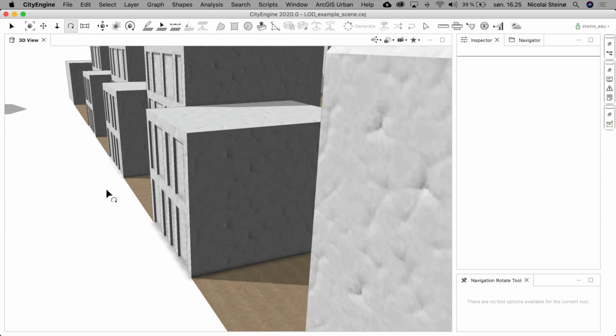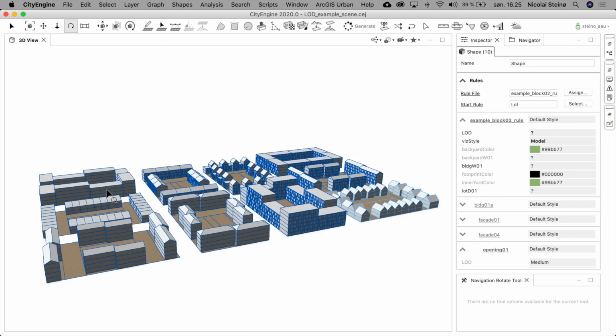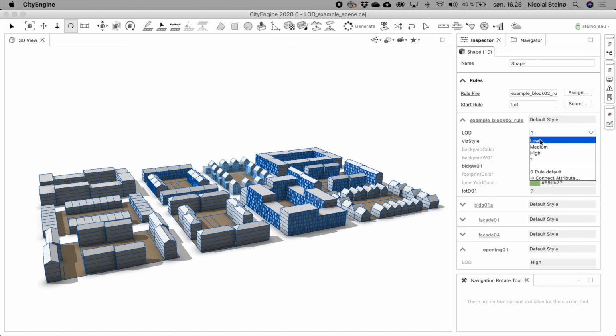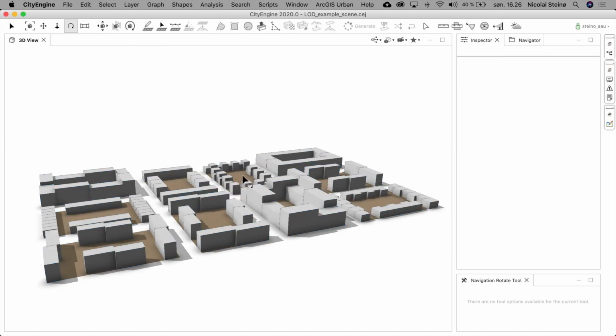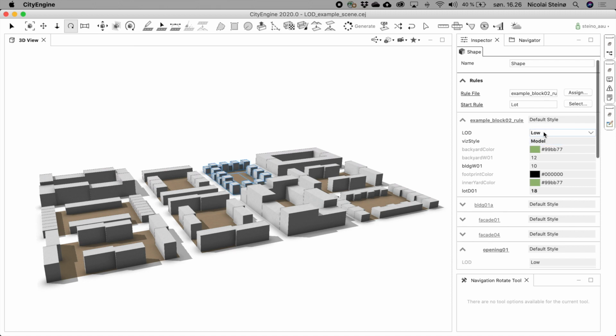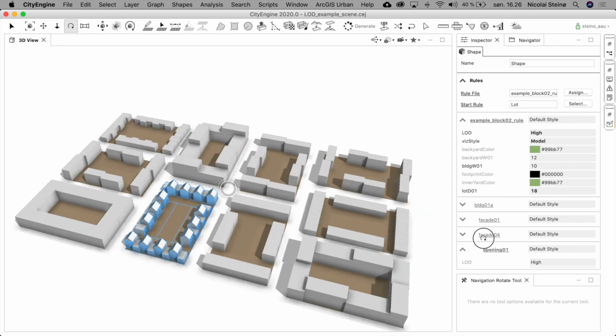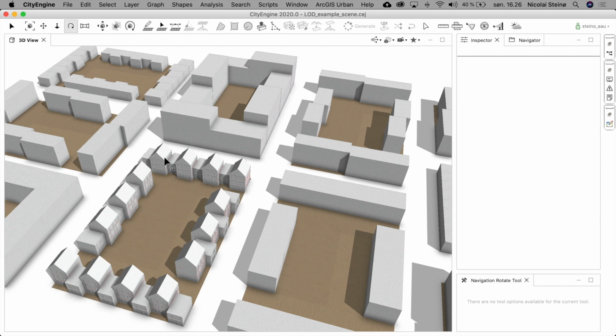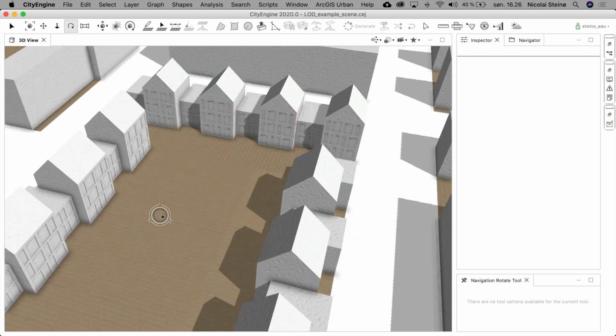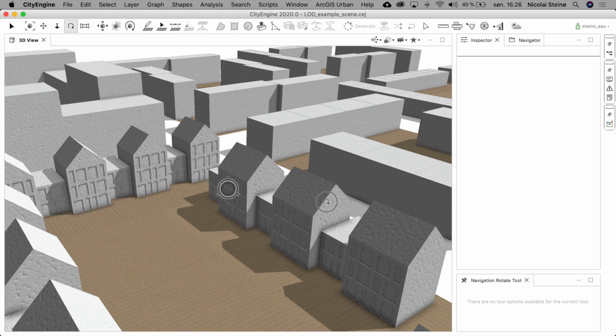And again, we could, of course, say that, well, all parts except that one, we want to do in low, or yeah, let's just say low. And this one we want to turn up to high. So again, even if it's represented as a cardboard model, our own project will stand out with more detail and thus be more recognizable